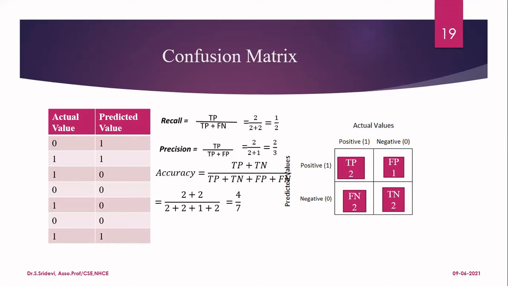Cancer patients will be very few. So if out of 1,000 samples, only 10 patients are with cancer, you see the difference between the classes. 10 with cancer and the remaining 990 without cancer. So this is called an imbalanced data set. The number of positive samples and the number of negative samples are not balanced. So in that particular case, if you use accuracy to predict the performance of the model,